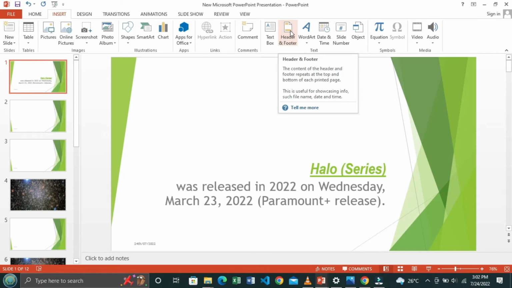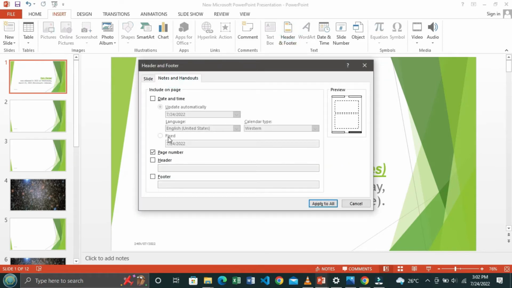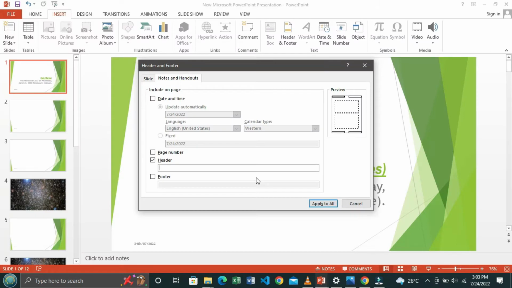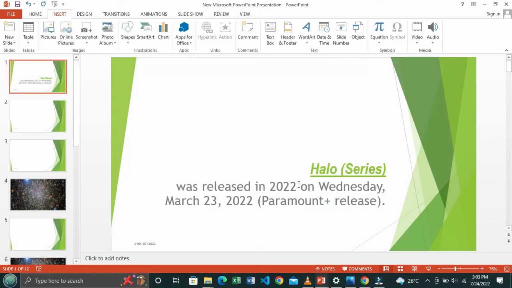So we shall go back, we click Header and Footer, we go to Notes and Handouts, click Header. Now of course they don't want the page number. I'll uncheck this. If they wanted the page number, I would have checked it and it would have come. You can see there are some changes going on here, but now they want the header, so I'll click here. What do they want us to put as the header? Your name. So my name is Sadat. You may insert your own names. It's going to appear at the extreme corner up here. When I click apply to all pages, I know you are seeing nothing right now, but